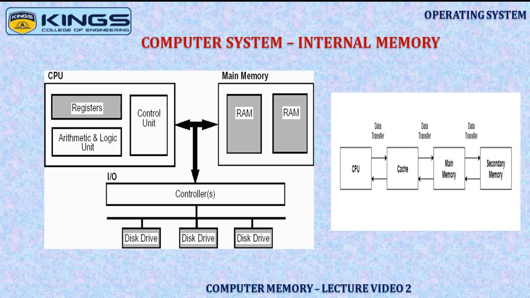There is a huge difference in speed between the central processing unit and main memory also. So between the central processing unit and main memory, we have our cache memory. Cache memory is an extremely fast memory that acts as a buffer between the RAM and the CPU. Cache will hold the recently used or frequently used data and instructions so that they are immediately available to the CPU when in need.